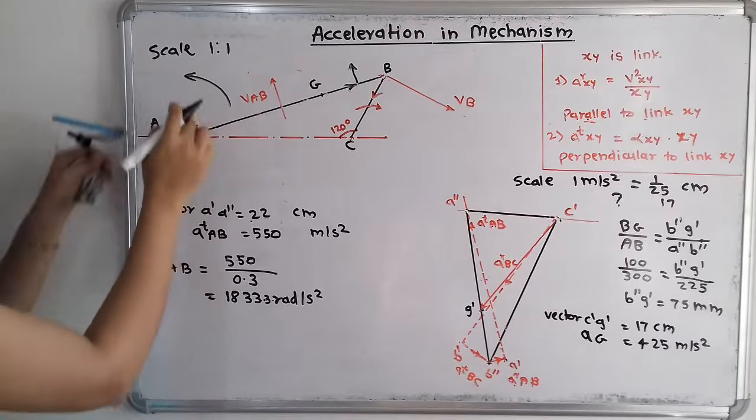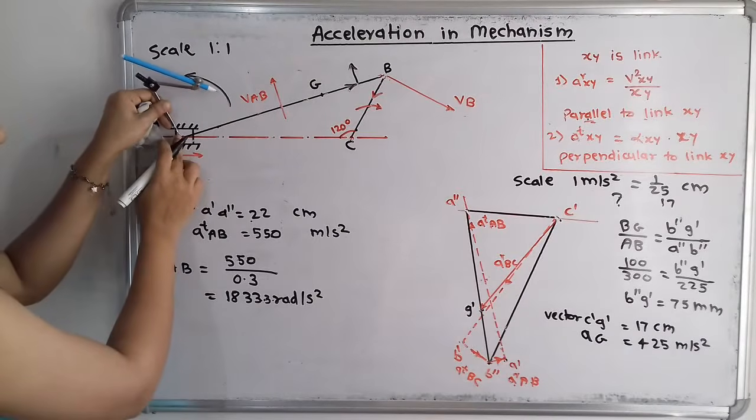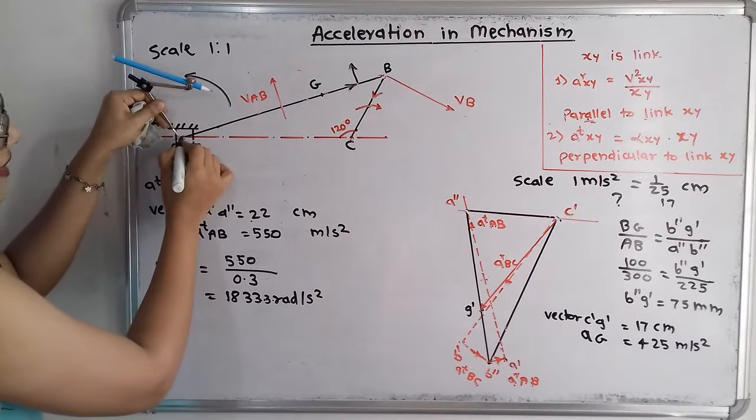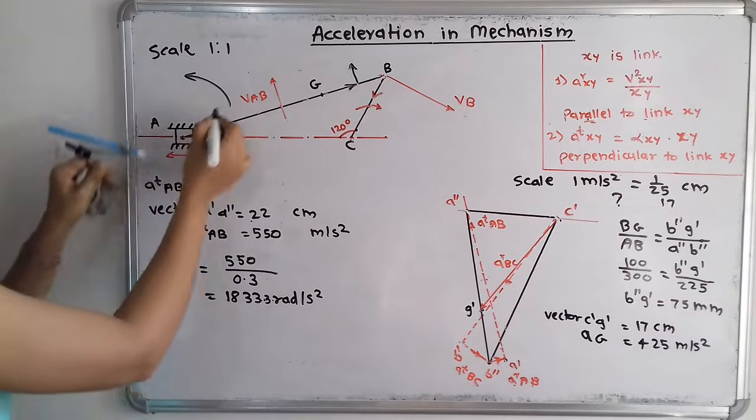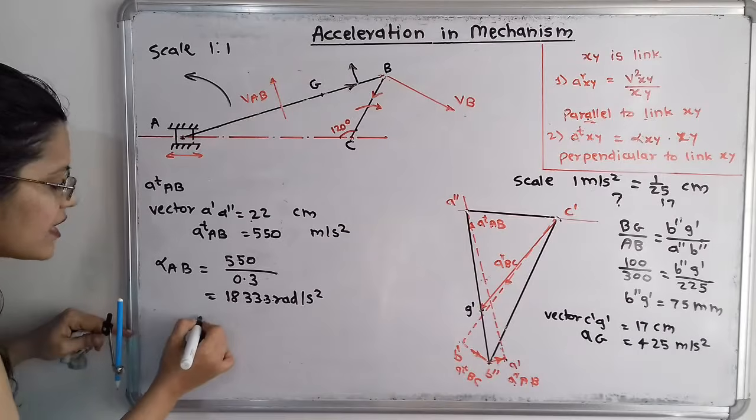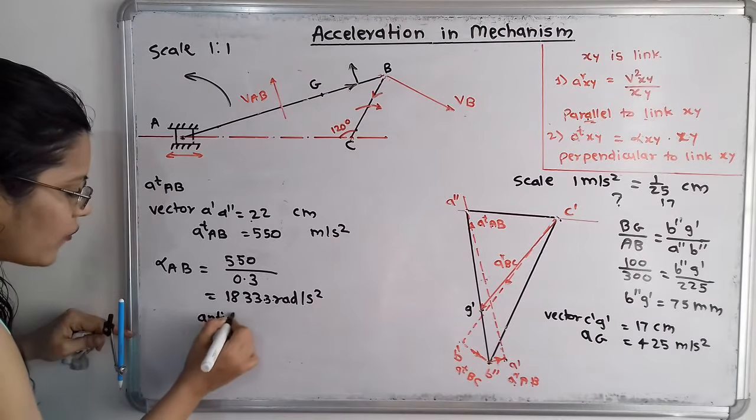But this is the direction when we have taken A as a center, because the direction is from point A towards B. That's why we have taken A as a center. So we can say that here the direction is anti-clockwise